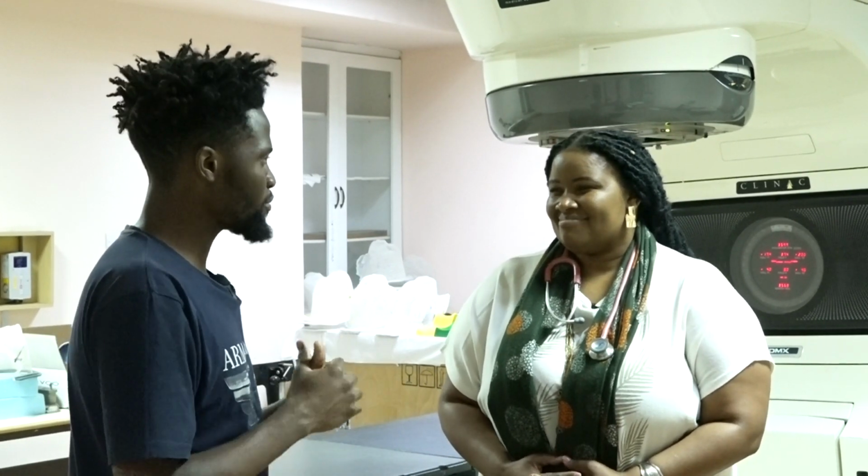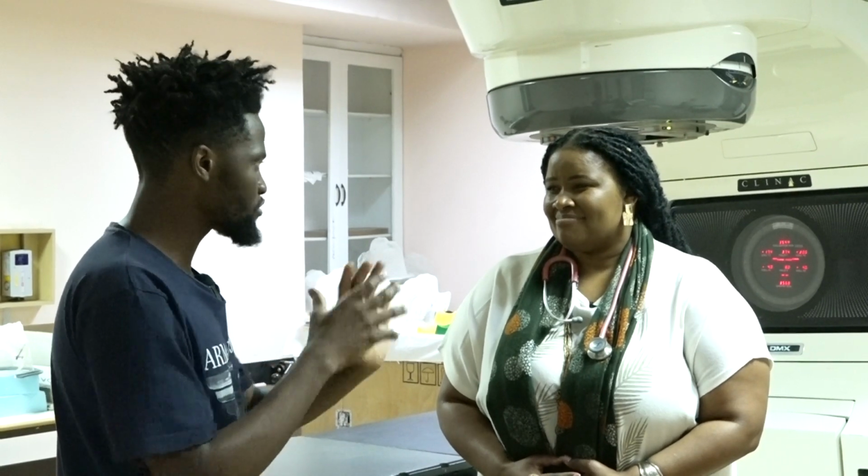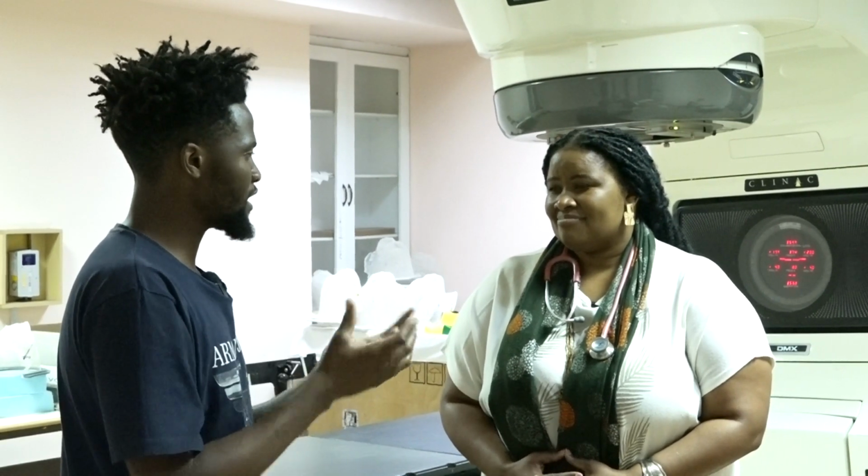So are there any other things that you can help with, or maybe people can have identifications of those few things and they would know that they need to come in for a CT scan and be administered to have the right treatment? Right, so